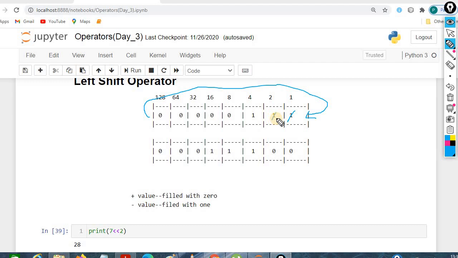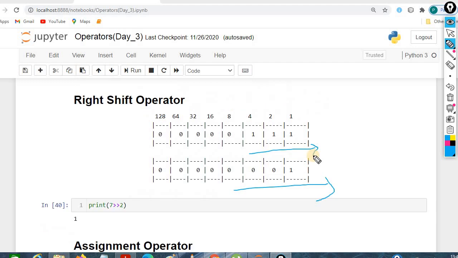Here we are considering 7 as a binary digit, and when we do a left shift by two, we get the result as 28. See, when we apply the operators, we get the same result.